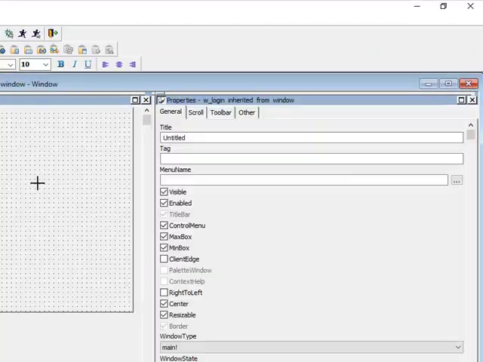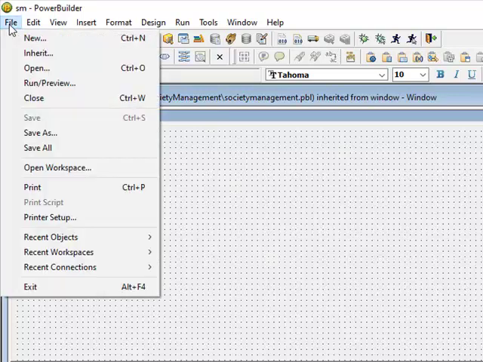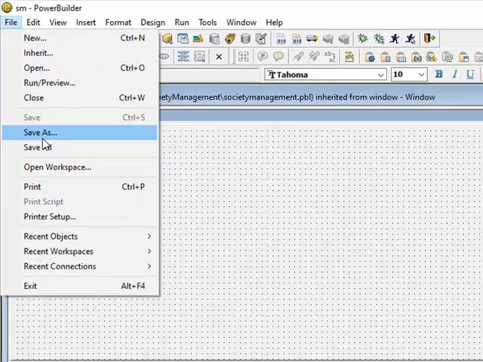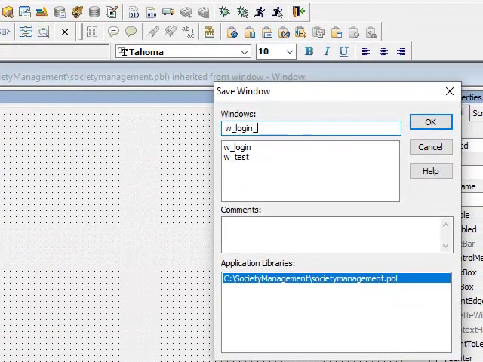Perfect. बहुत बढ़िया, बहुत अच्छा question. Let's go here and save as. You can give w underscore login underscore test.